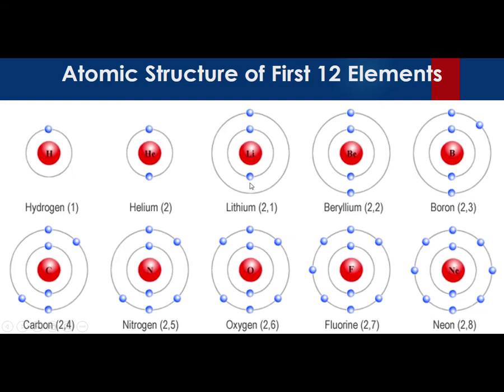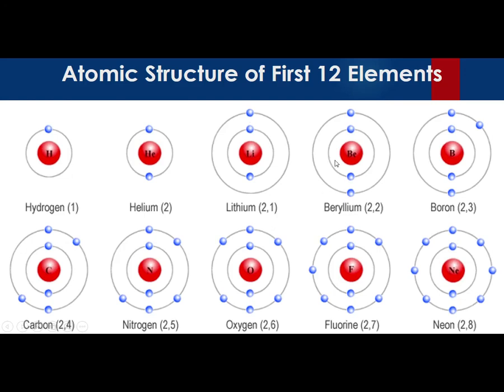So 2 electrons in the K shell, and now you have to draw the second shell because the third electron will move to the next shell. That's why we have to draw the next shell. In these two we do not need the second shell because it has just 1 and 2, so we need just the first shell. For lithium we need 2 shells, so we have to draw according to the number of electrons. 2 in the first shell, 1 in the second shell.